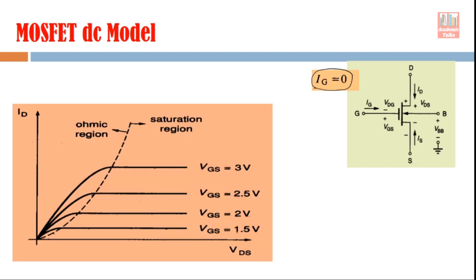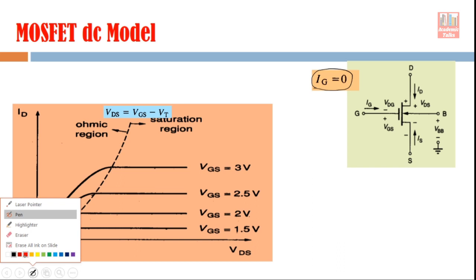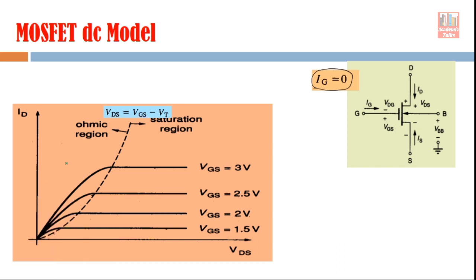Now if you look at the characteristics of a MOSFET device, they are shown here. The dotted line we discussed earlier corresponds to the pinch off voltage, where VDS is equal to VGS minus VT. When our device is in this particular portion, when the drain source voltage is less than VGS minus VT, that is our ohmic region. I should choose a different color here, maybe green. All this portion corresponds to the ohmic region, because here VDS is less than VGS minus VT.